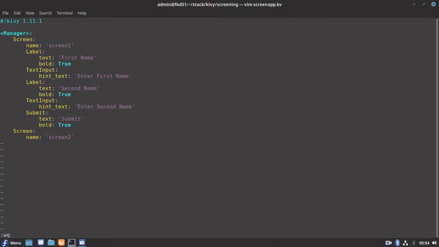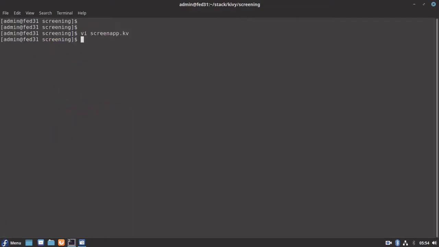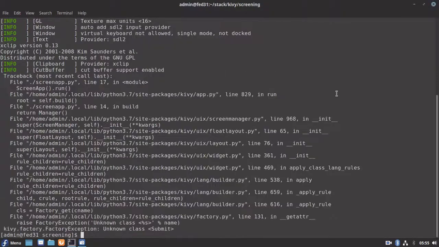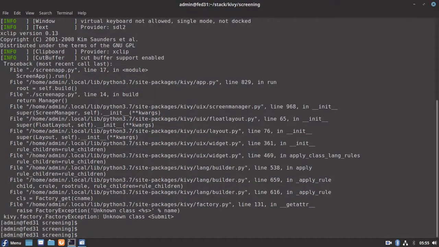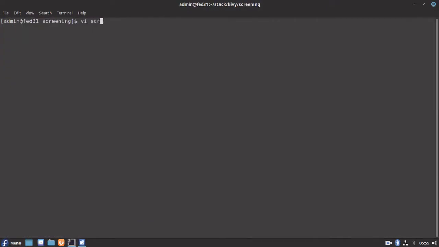Okay, let's try to save it and see how our screen one looks now. Okay, it is showing as matter unknown class submit. Let me check my KV file again.